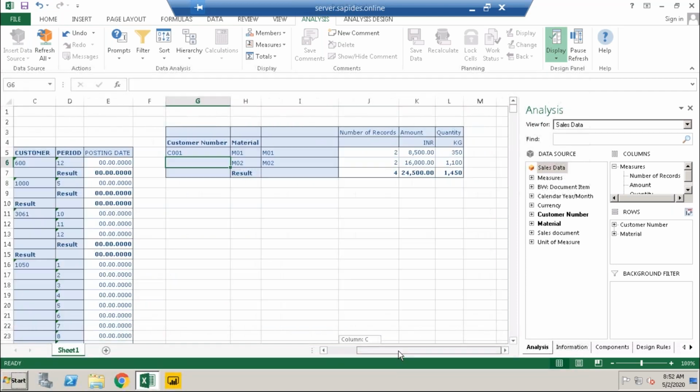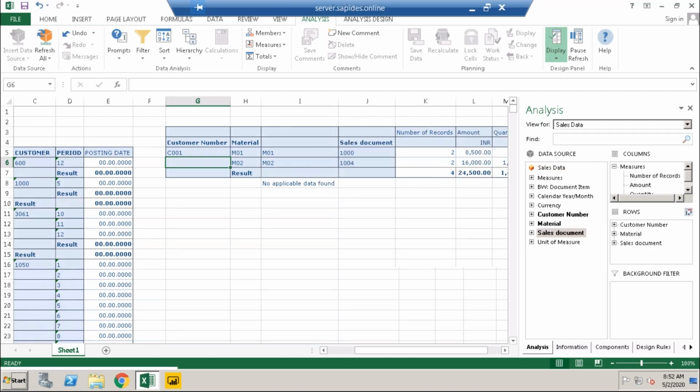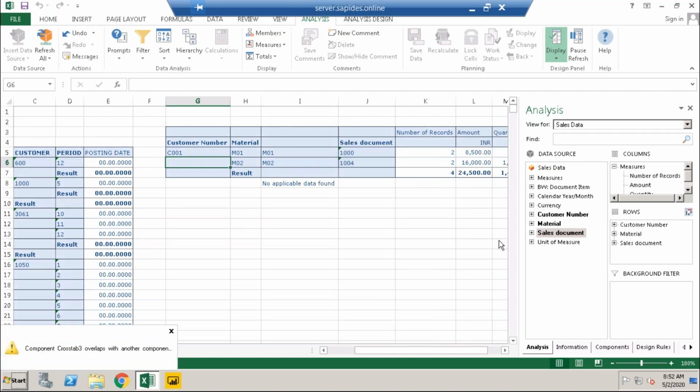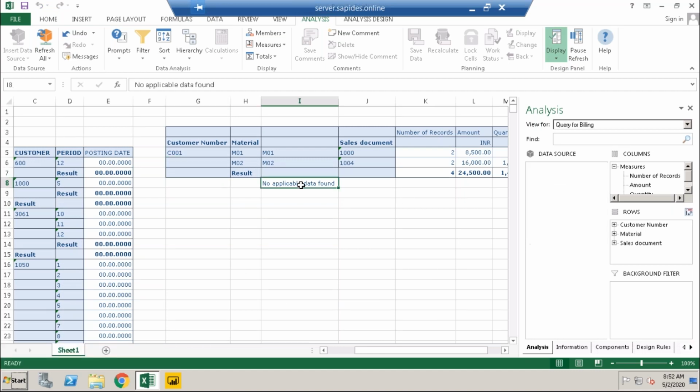Now based on this sample data, I can add different things. Here we have sales document number, so let's take sales document. We have only one customer. It's just overlapping the second field.